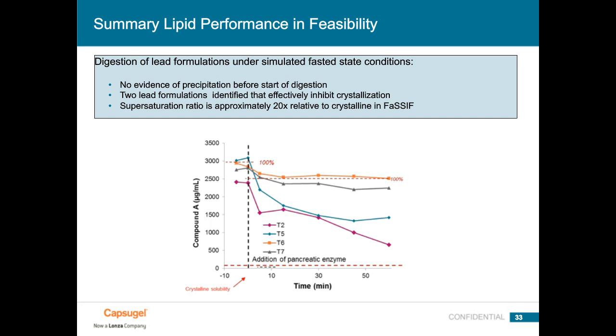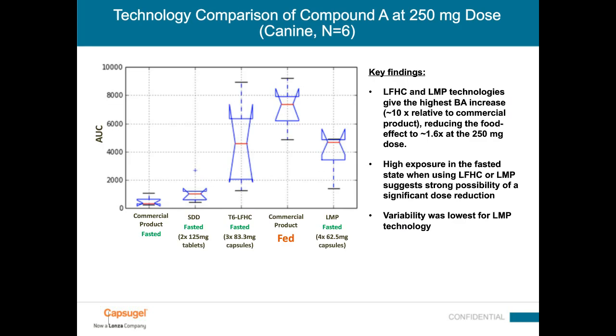And you can see here the orange and the gray formulations sustain that drug to at near 100% of the dose for at least an hour, while the two other formulations shown in pink and blue, the drug is precipitating over time and crystallizing to its crystalline form. So one of these key formulations was selected along with the optimized solid dosage form, and were tested in a canine study in a fasted state.